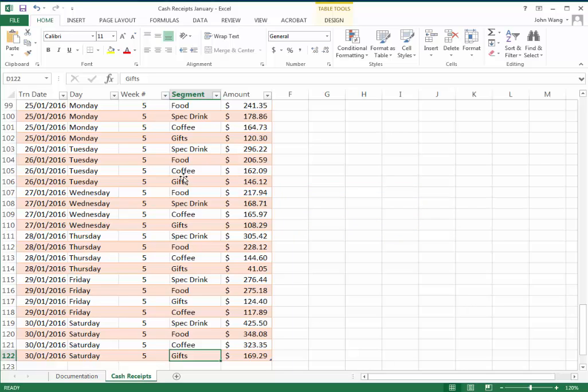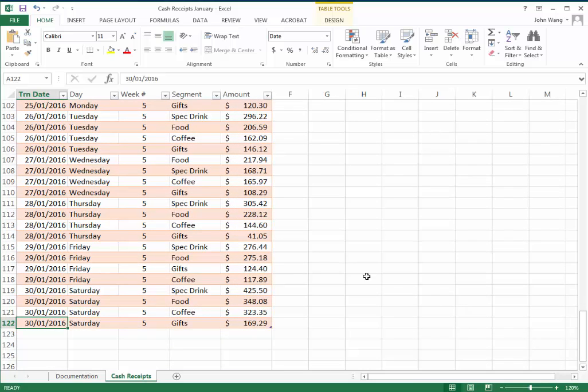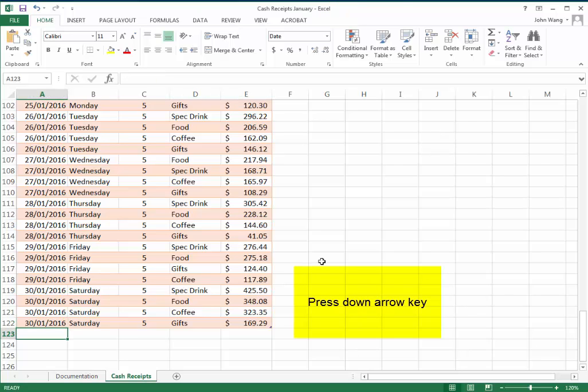This is important. It is important to follow the instructions very carefully, because you will see that we are going to expand this table. Right now this table is already selected, and you can see that the table has a range, and the range ends at 122. So we want to expand the table down even further, but we want to follow the instruction on the textbook in order to do so. So the first thing we want to do is press the down key,